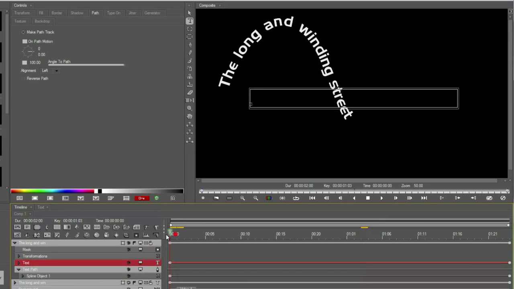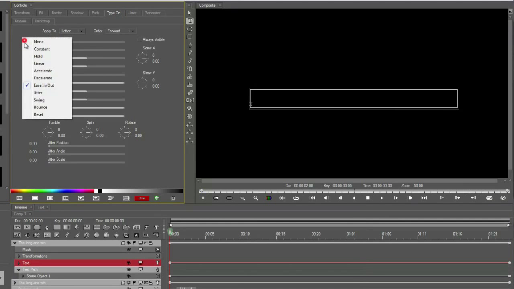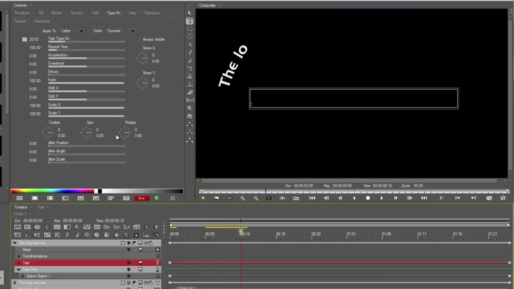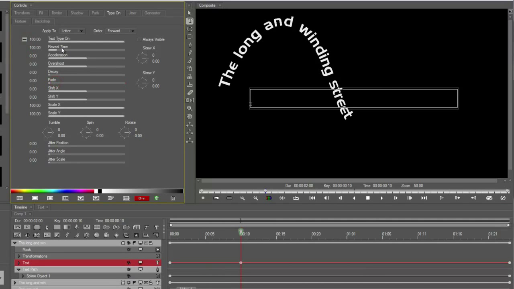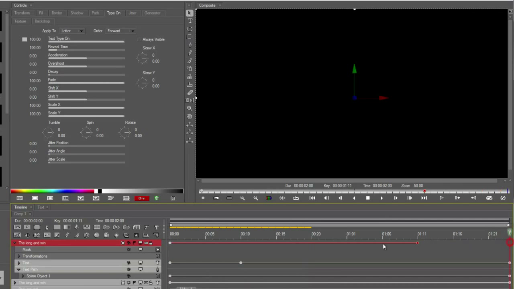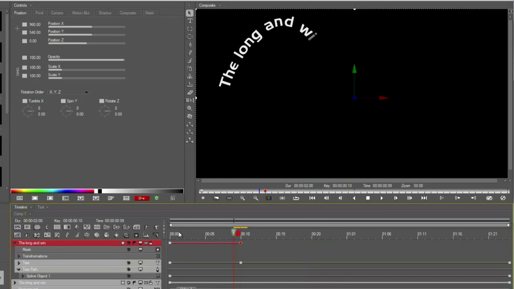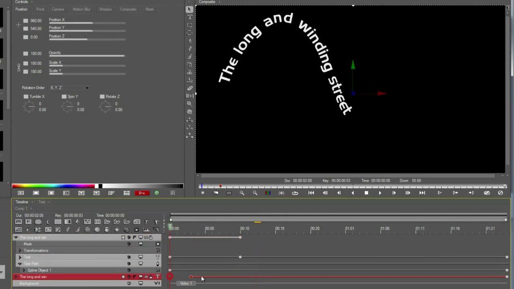Now let's do the type on effect. So type on, I'm going to start at 0. Just do a nice simple type on effect. All the way, hold, do a fade, increase the reveal time to get more of the letters faded at once. That's nice. Now I'm going to take this whole track down and stop it as soon as the type on is done. Now I'm going to reveal the bottom track. I'm going to start it as soon as the top one ends, so it looks like the letters never go